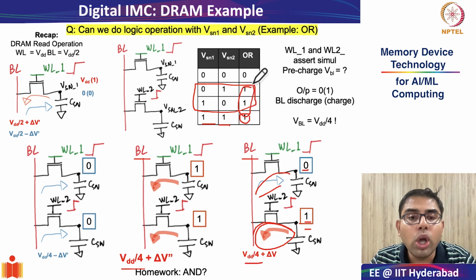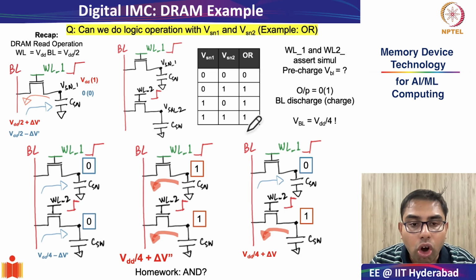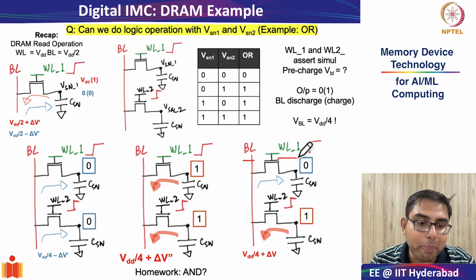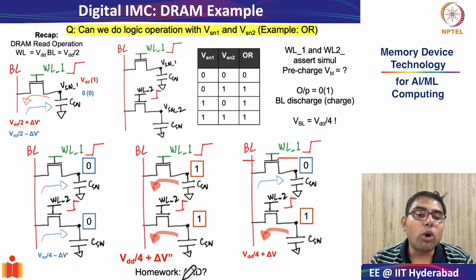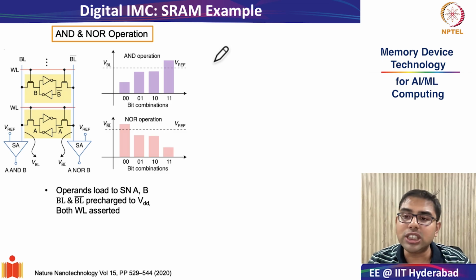So this is how, by doing very simple biasing schemes of bit line and word line, you are able to achieve the OR operation. Now think very carefully, in the same way, how you will be able to achieve the AND operation. So with this, let us look at how SRAM arrays can be used to perform logic operations, especially AND and NOR, directly inside the